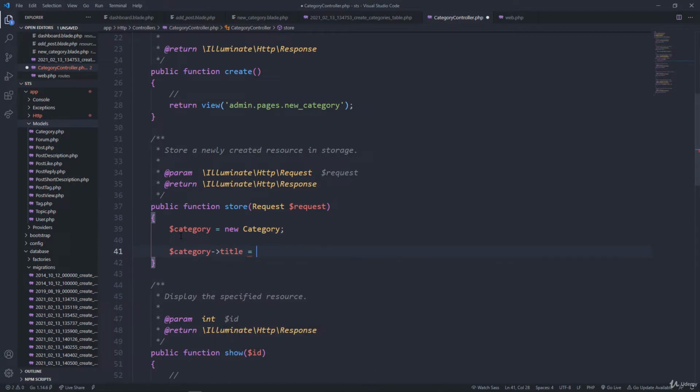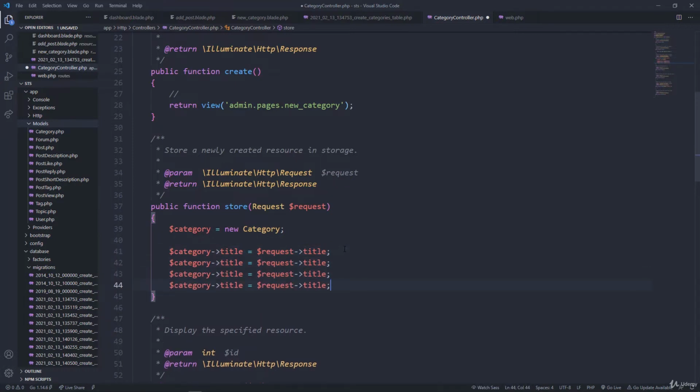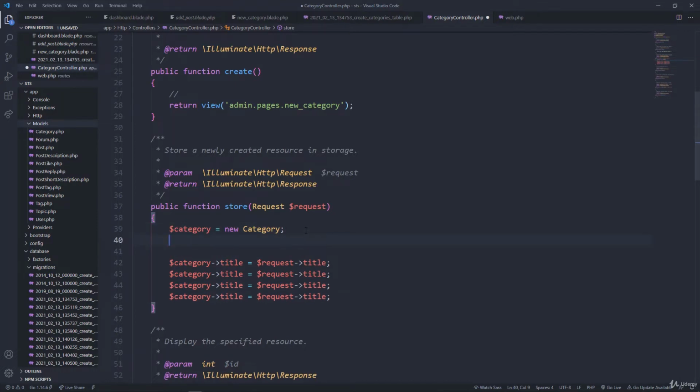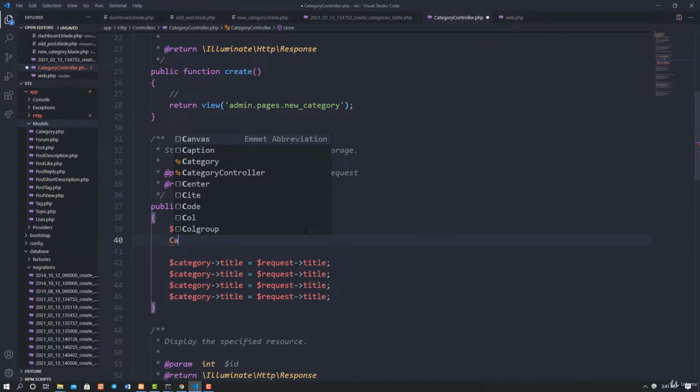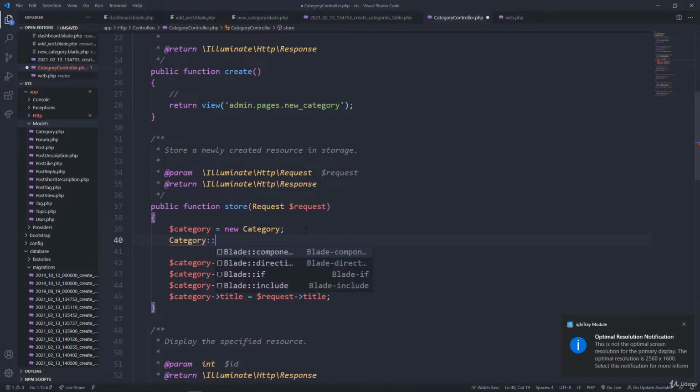So there are many ways of saving this data, but I'll just show you, because you are uploading an image, I don't want to use the shortcut method. There are other methods that you can use to save in one line. For example, you can just do Category create, and then pass everything from the request, and this is going to create everything that comes through the request. But remember, we have the image upload there, so we are not going to do this. So let me just delete that, and I'm going to show you that in another